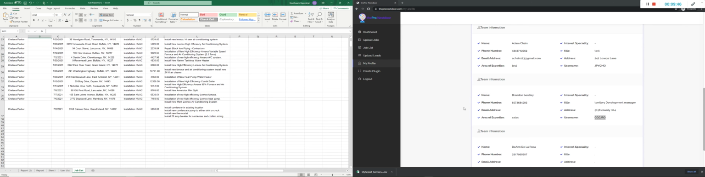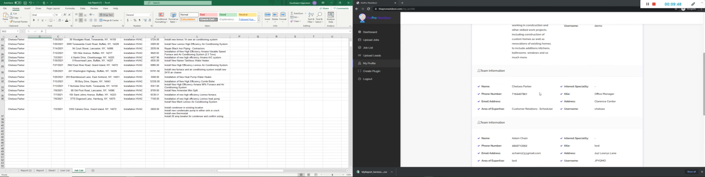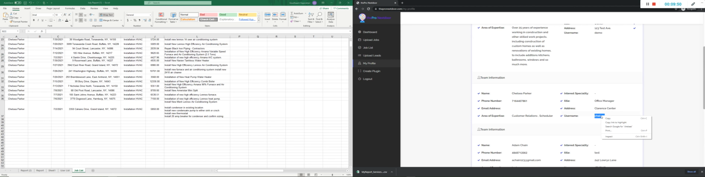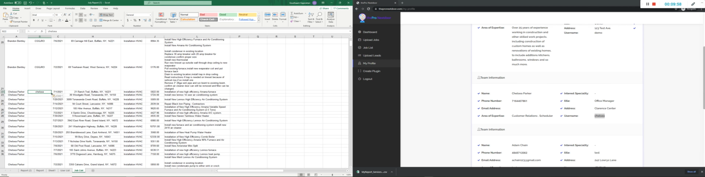And then I'm going to paste Brandon's. And next I have Chelsea. I'm going to look for Chelsea. Got Chelsea's username. And I'm going to go ahead and paste Chelsea. And as soon as I do that, our sheet is almost complete. Yep. So now that we have